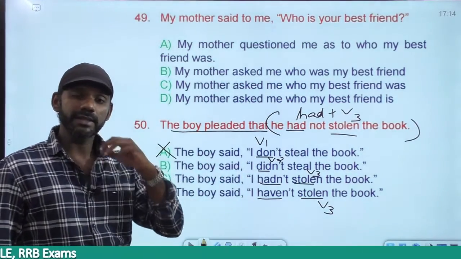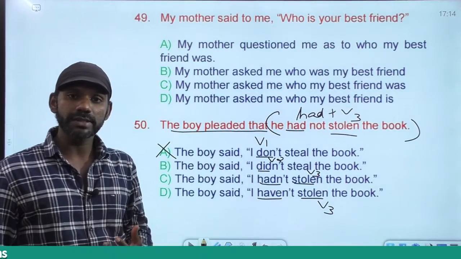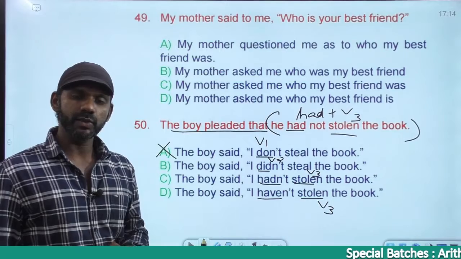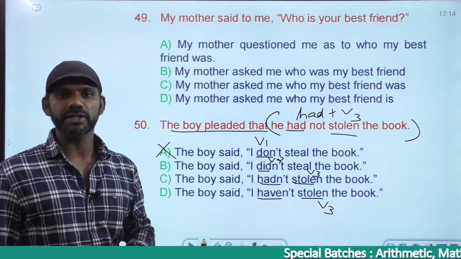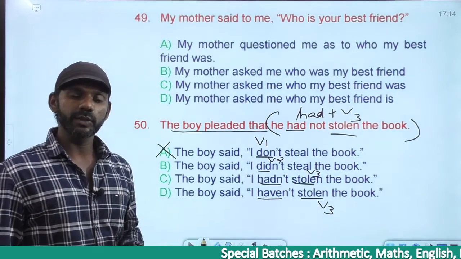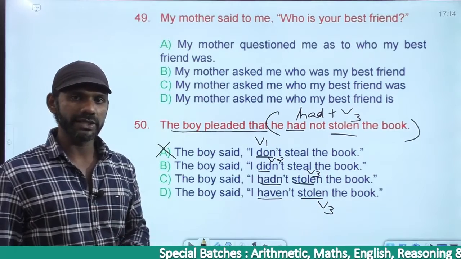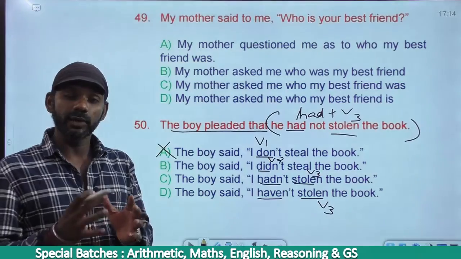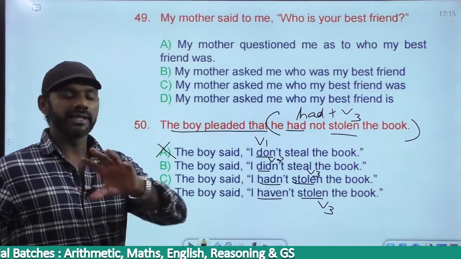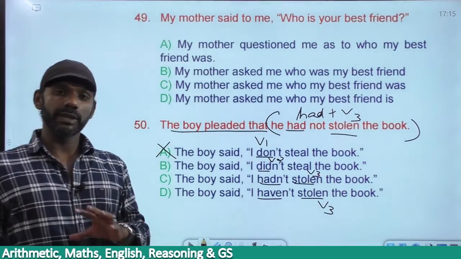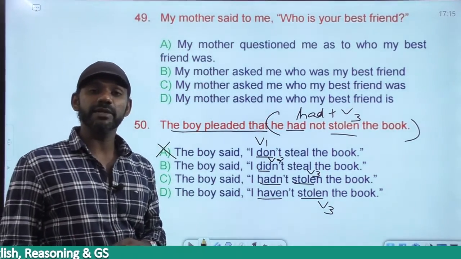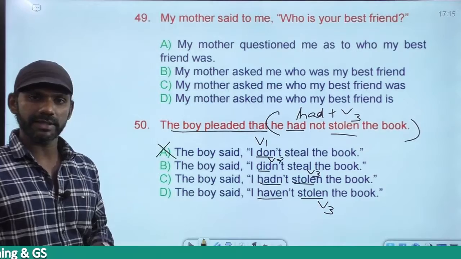Now we have to think about the rules that appear in the topic tenses. Simple past is used when the time of the past action is mentioned. Present perfect is used when the time of the past action is not mentioned. Past perfect is used when there are two actions in the past tense and only if there is a time difference. You know that. The action that is completed first must be in the past perfect tense.